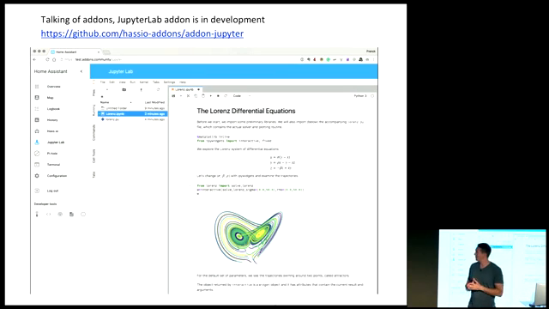So while we're talking about add-ons, I just want to briefly mention an in-development add-on, which is that of a Jupyter Lab server. So if anybody's a data scientist, they're probably working with Jupyter Notebook some of the time at least. My idea here is how do we get people doing data science that wouldn't ordinarily fire up a Jupyter Notebook and start looking at data they're capturing. So what we're working on is an add-on which will allow you to create a Jupyter Lab server with a single click, and that will all be linked so you can automatically get the data from your database on Home Assistant. So that's a work in progress, but I think that could be really neat.